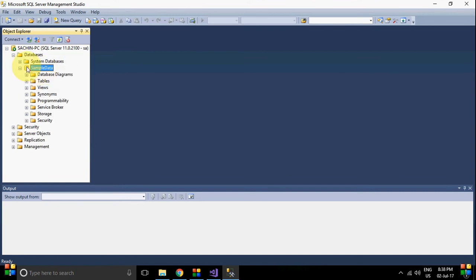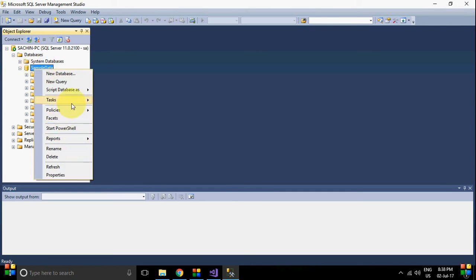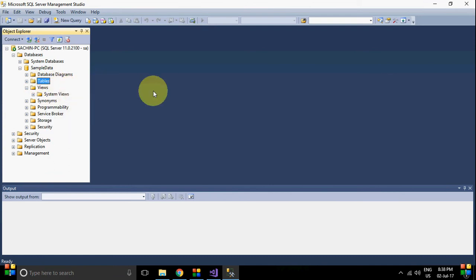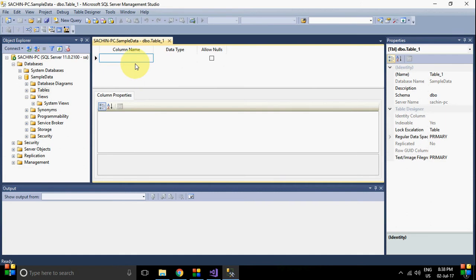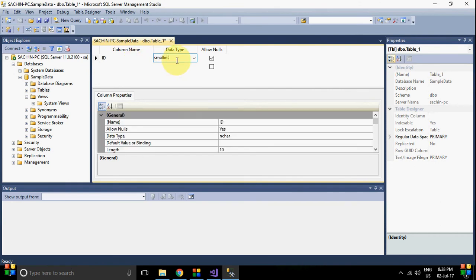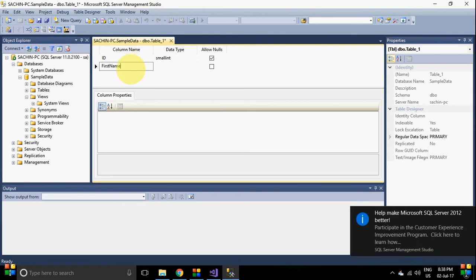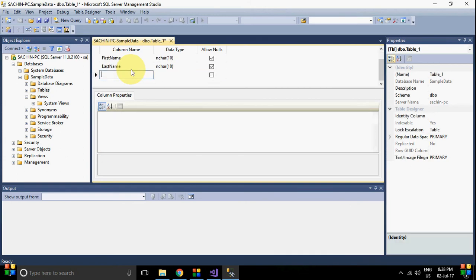In the sample database is already created here, so I am just going to create one table, new table. So just create one table with id as a parameter, small int, first name, last name, gender, and city.